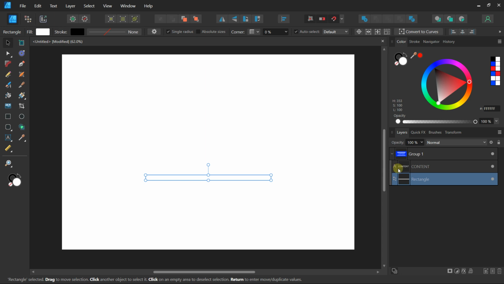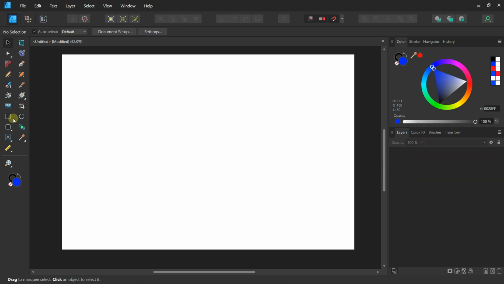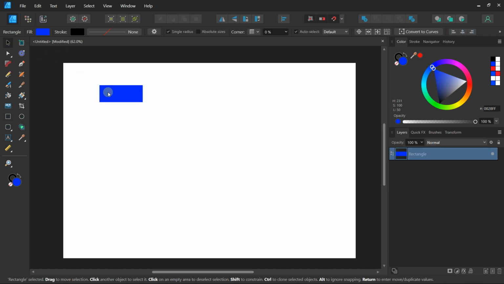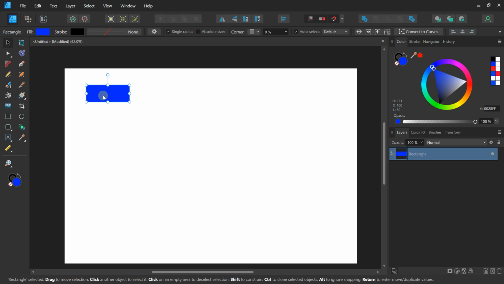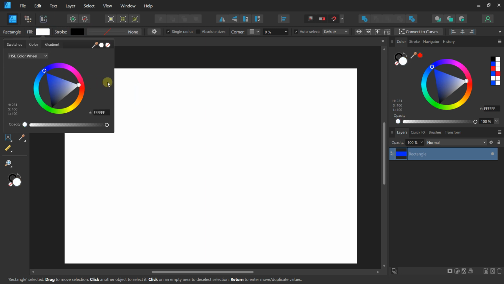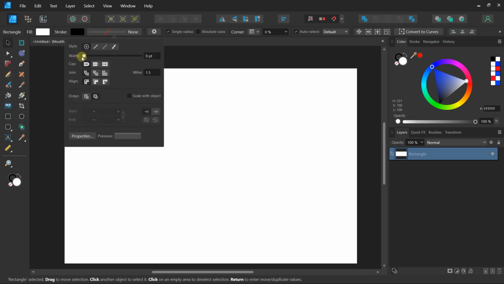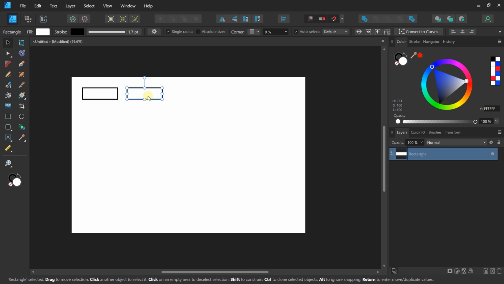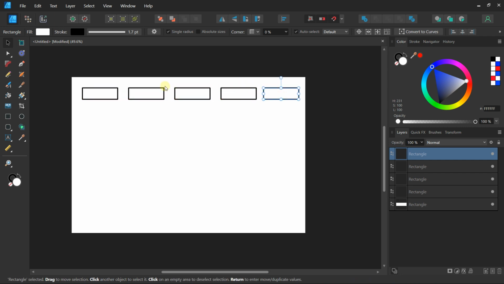Another big interest of the group, I'm going to remove these things and show you something. Let's create a rectangle. I'm going to create the first rectangle just here. For this rectangle, I will go on the fill option, white color, and go on the line options, and put something like 1.7. I will place this rectangle around this area, and I will duplicate it a first time, a second time, a third time, a fourth time, and a fifth time, just like this.